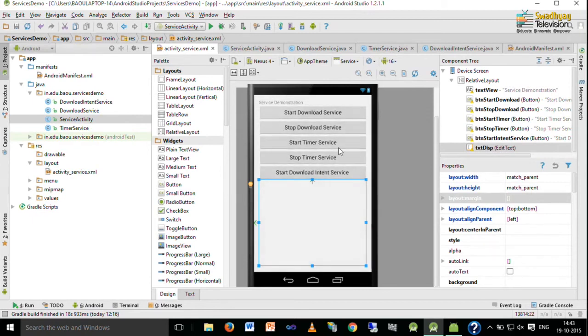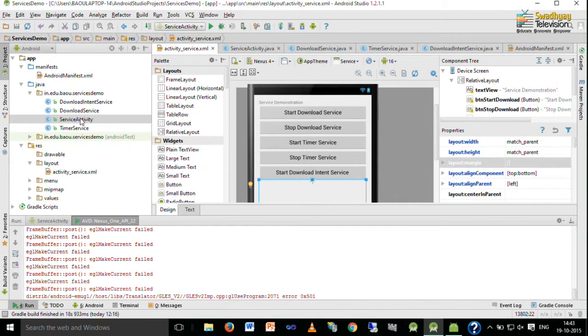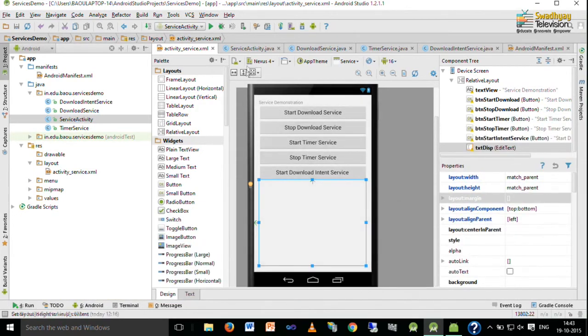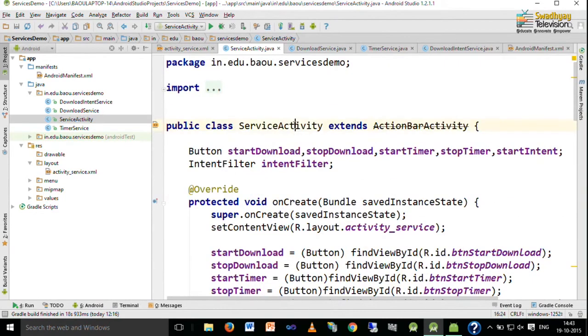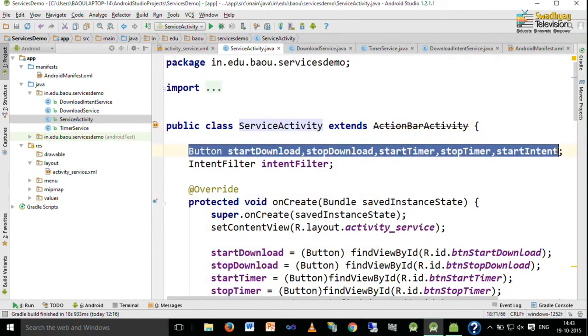You have to create this interface in order to write the main activity, and this service activity is our main activity where we implement our logic. So, we go to the activity file. Here you can see our activity represents an action bar activity and we have 5 buttons.